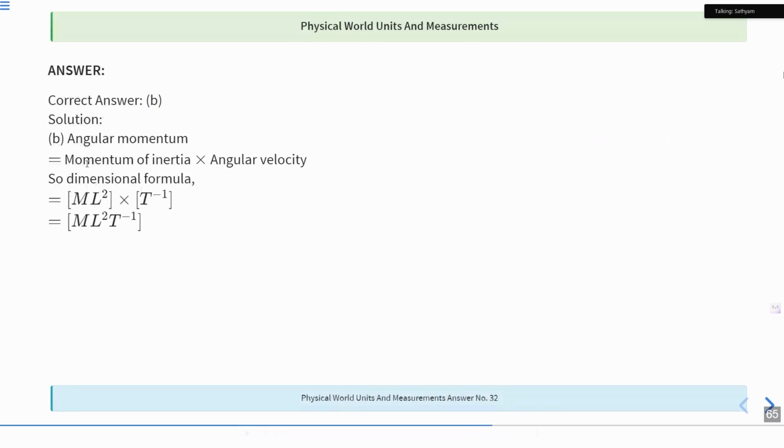Angular momentum is moment of inertia into angular velocity, right? What is angular momentum? You have studied this in the rotation chapter. L is moment of inertia, that is I, into angular velocity, I omega. Correct? Okay. I hope it's clear. So inertia की क्या होती है? This is ML square, and for omega,